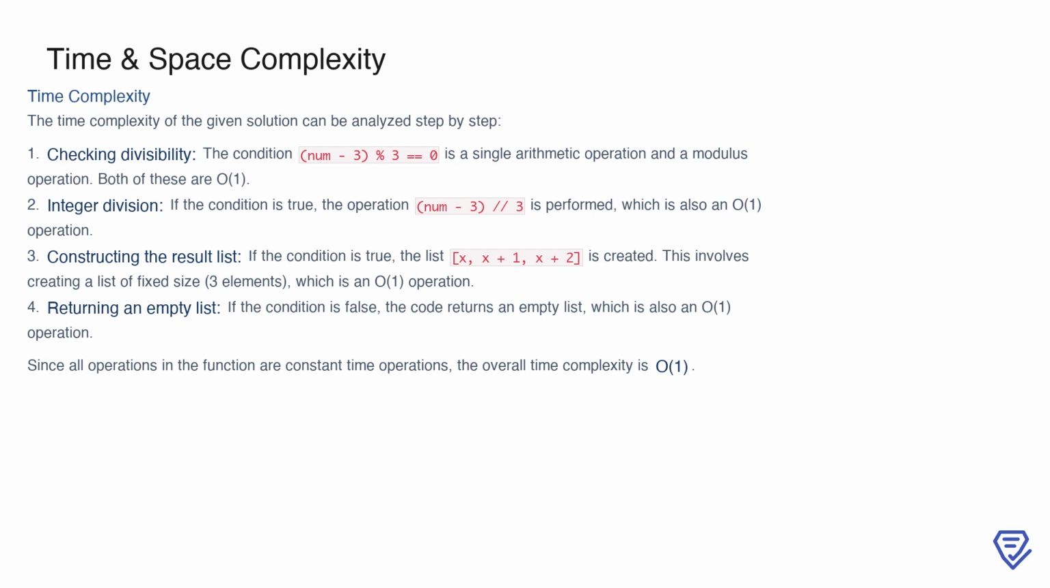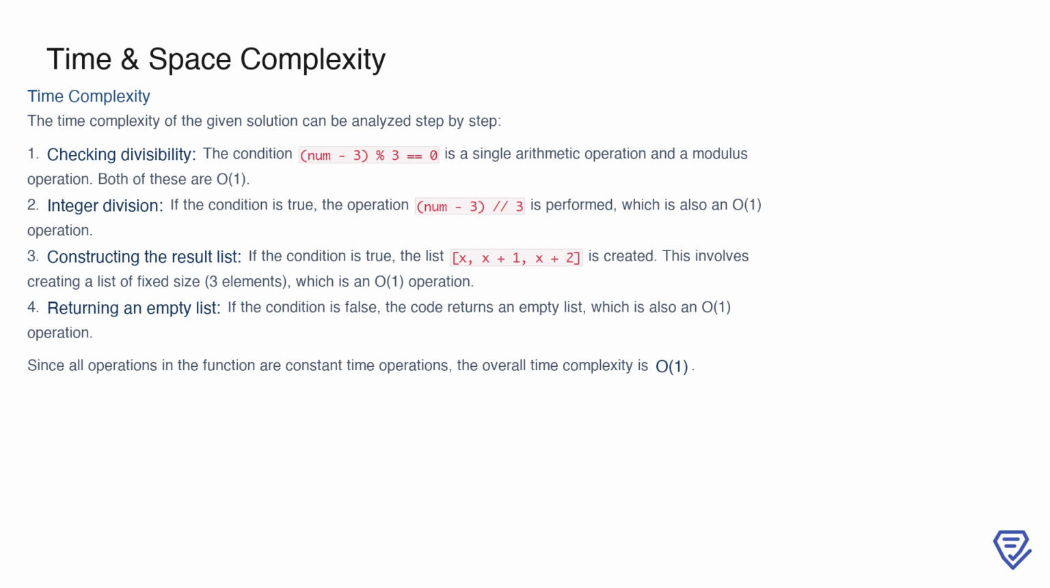To analyze the time complexity of the solution, we break it down step by step. First, the condition, (number - 3) % 3 equals 0 checks whether the number adjusted by 3 is divisible by 3. This involves a subtraction and a modulus operation, both of which are constant time operations, or O(1). If this condition is true, the code calculates (number - 3) // 3 to determine the base integer, which is another